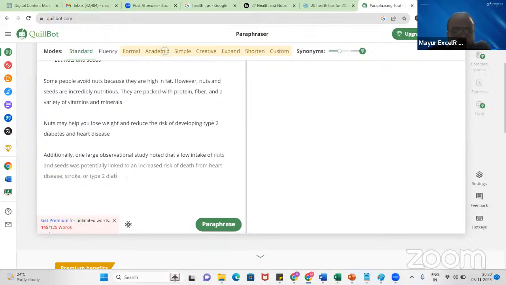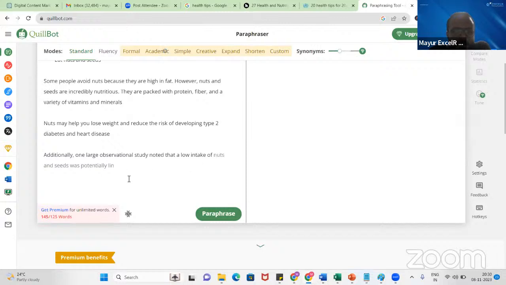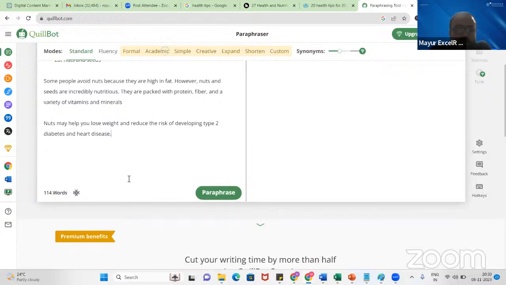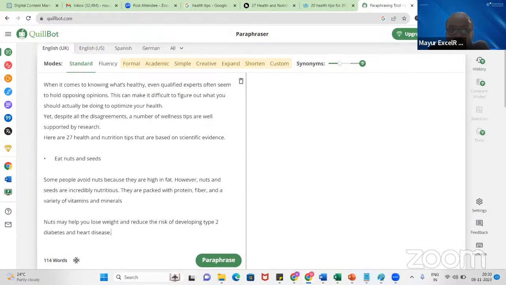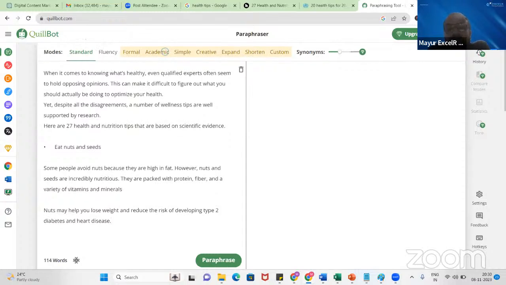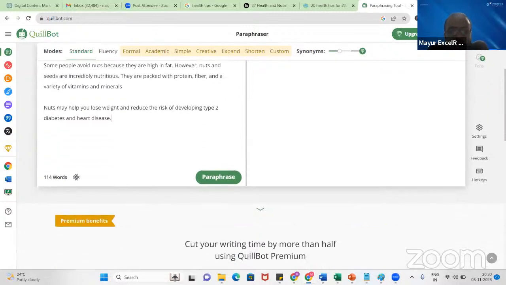So what I'll do is I will delete this last paragraph for now for our example. Okay. So 114 words are there. Now we know that this is 100% plagiarized. But we want to make it unique, at least 80% unique. Then only we will be able to use this. Otherwise, we won't be able to use this. Now if I go here and click on paraphrasing,